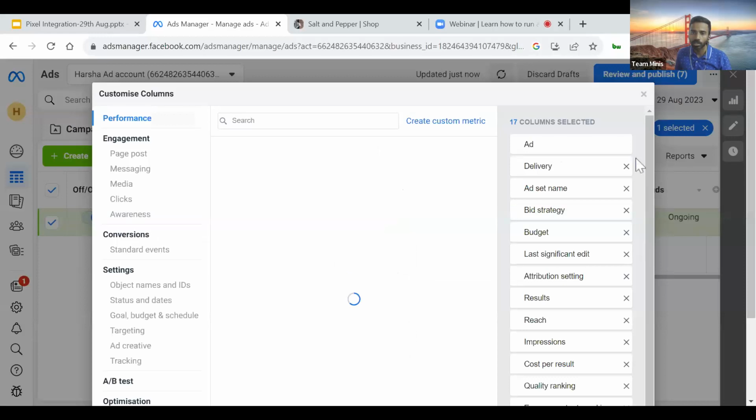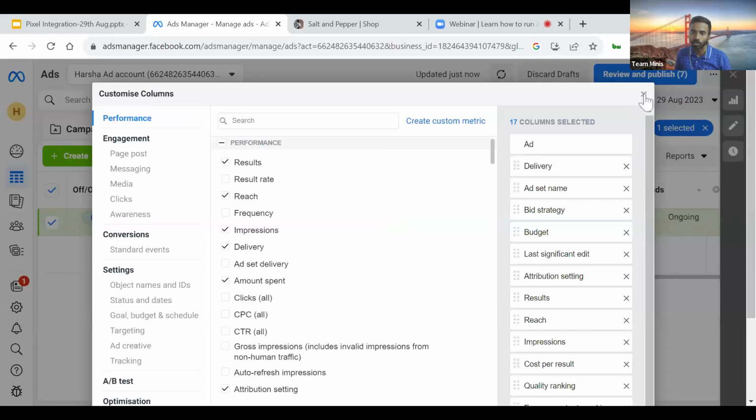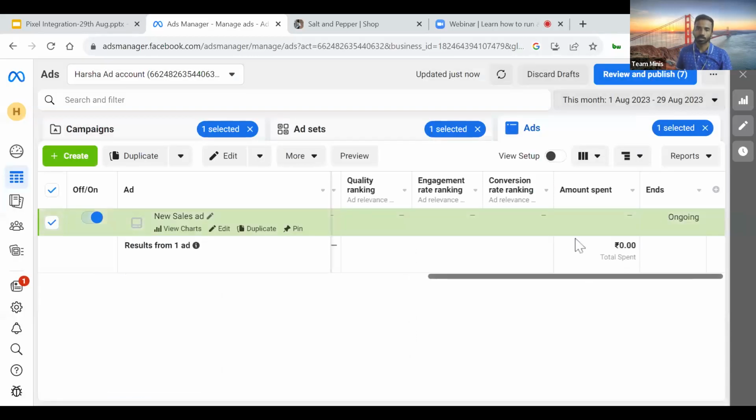And if you want to track how many people actually ordered from your ad campaign, how many people added to cart from your ad campaign, etc., you should be able to search for all of them over here, and they would get automatically added to the report over here, right? So that is the whole process, or a basic idea, to give you a basic idea of how to create